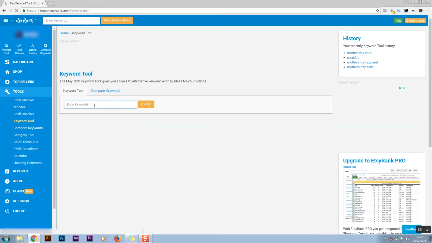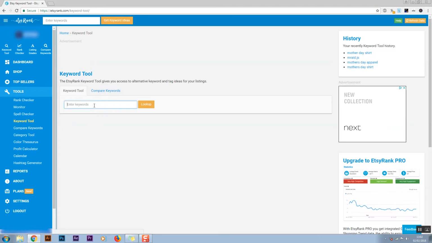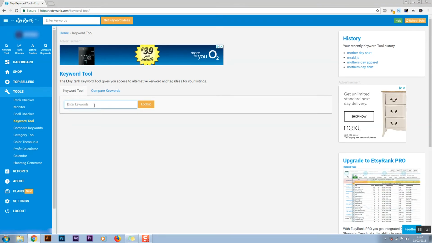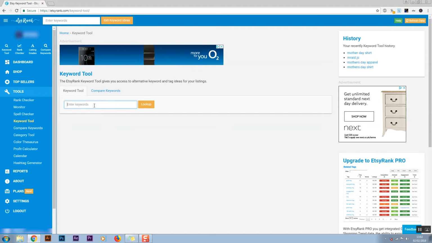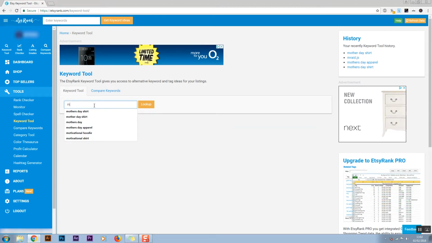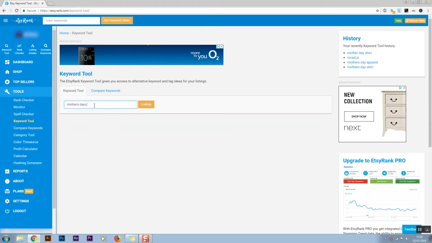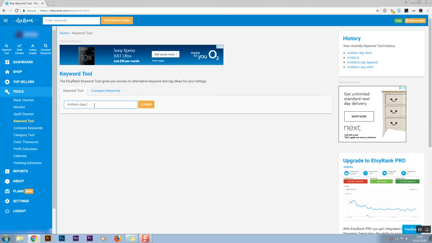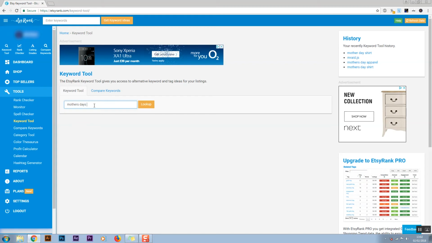Now what you want to do here is type in your seed keyword, and what I mean by seed keyword is your niche. So say for instance, let's go with Mother's Day because that is trending. So what you want to do is just type in Mother's Day, and then you can type in shirt if you want. You can type in t-shirt, jumper, whatever your item is, or you can just go for a generic kind of search using